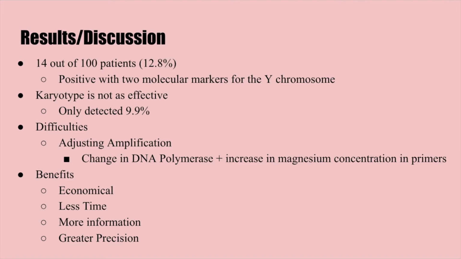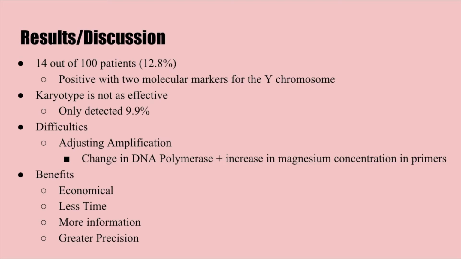14 out of the 100 patients, which is 12.8%, were found to test positive for the fragments of the Y chromosome. This was through the MPCR. This was more effective than the normal karyotyping, which was commonly used before that, which only detected 9.9% of the Y chromosome fragments. However, there were difficulties discussed